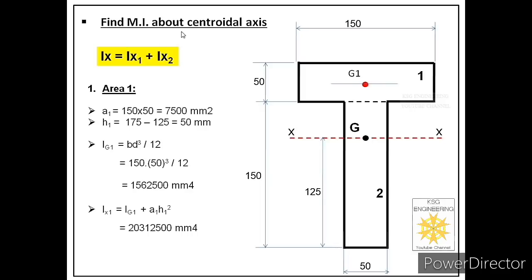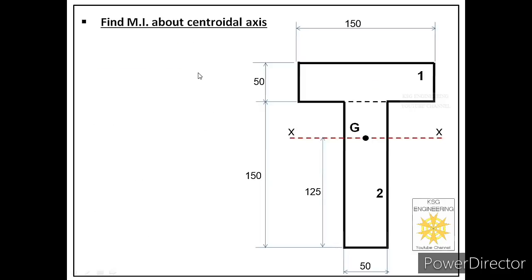Now let us find the second value. So let us see how we can find that value. The second value is related to area 2. What is Ix2? Ix2 is the moment of inertia of area 2 about the main axis. So in order to find that, what we need to do first? We have to first find its area. So what is its area? Its area is A2. So we'll write A2 is equal to 50 into 150. Why is it 50 into 150? Because it is a rectangular area. It has a length of 50 and a width of 150. So it is length into width. So it is equal to 7500 mm square.